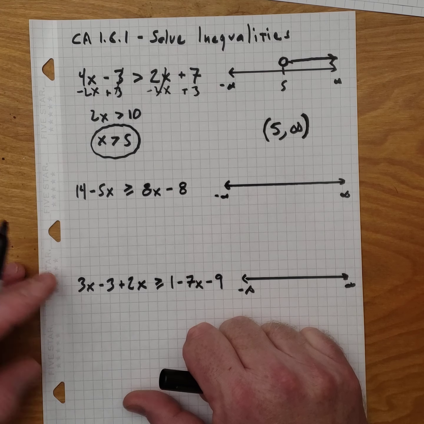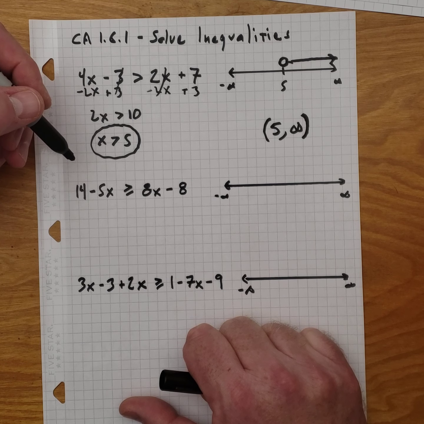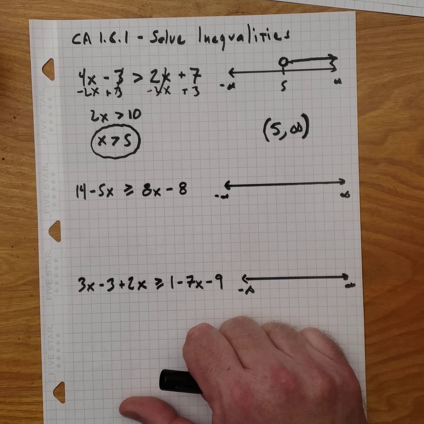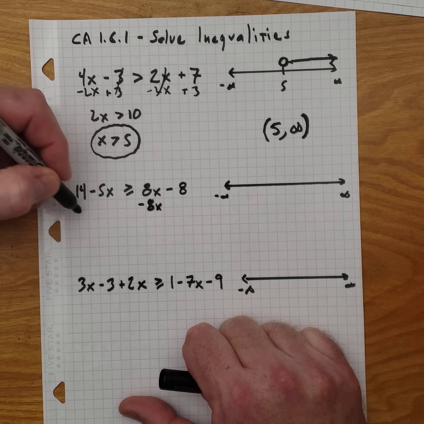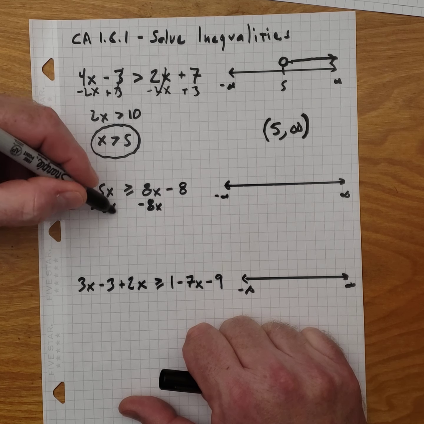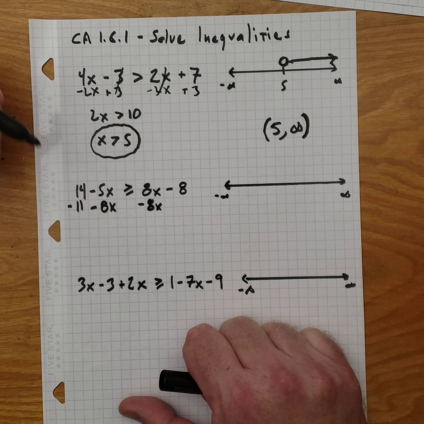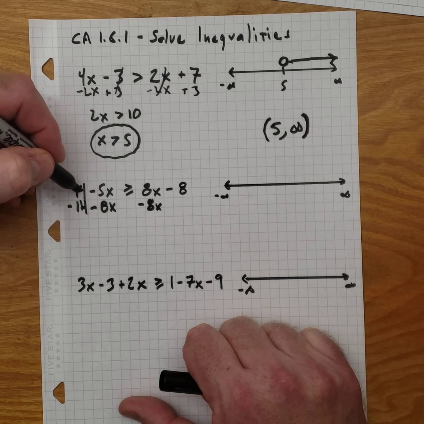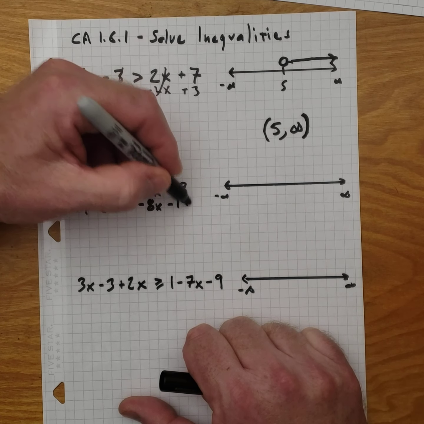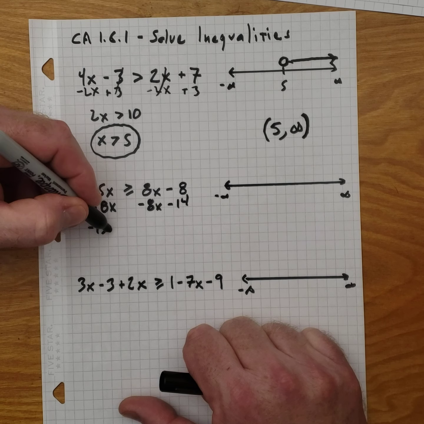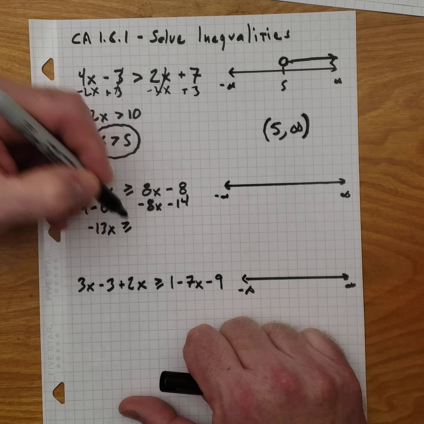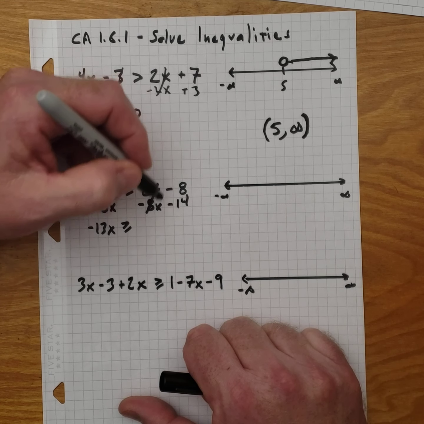Okay, let's look at another one that will show us the one thing we have to look out for when we're solving inequalities. I want to get rid of my x's on the right, so I'm going to subtract 8x from both sides, and I'm going to subtract 14 from both sides to get rid of the non-x over here. Those will cancel. We'll have negative 13x. It's greater than or equal to. Those will cancel, and we get negative